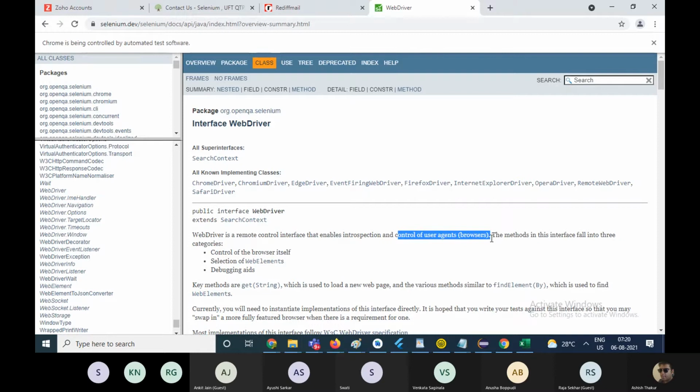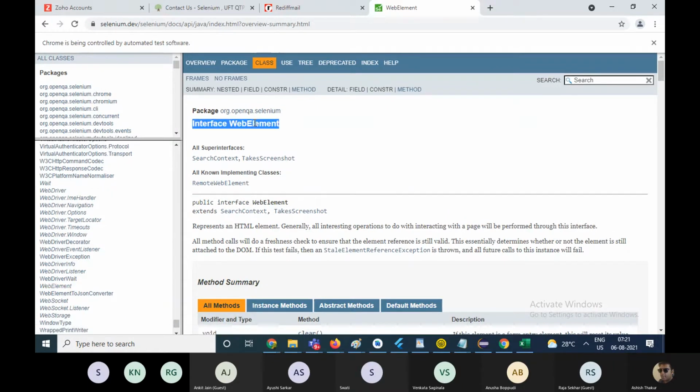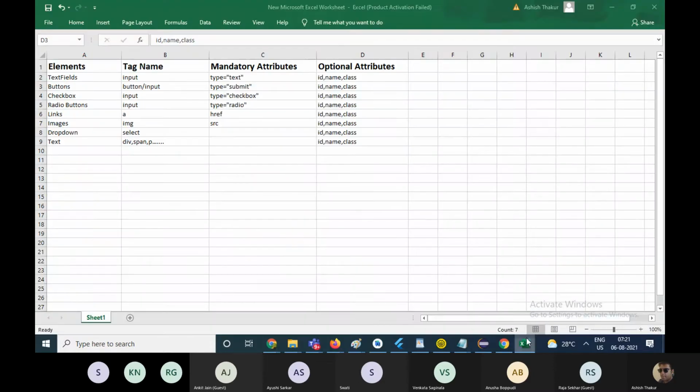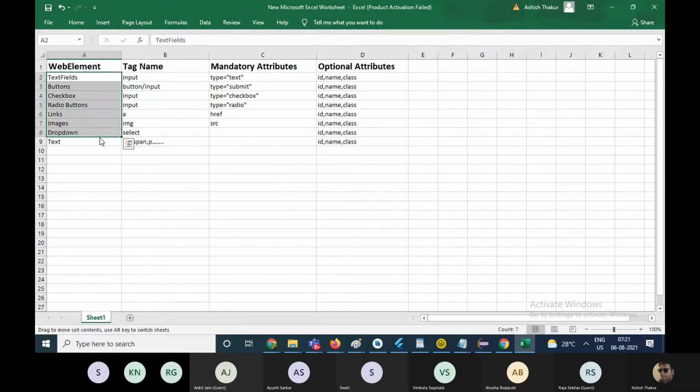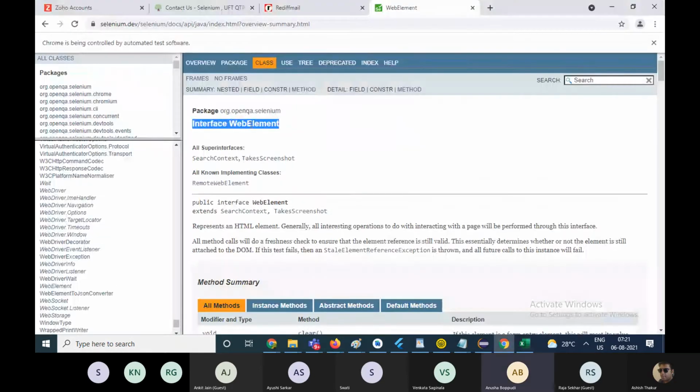Similarly, there is an interface known as WebElement. A WebElement interface represents a general HTML element. Technically, in Selenium, all these elements are known as web elements. A button is a web element, a checkbox is a web element.